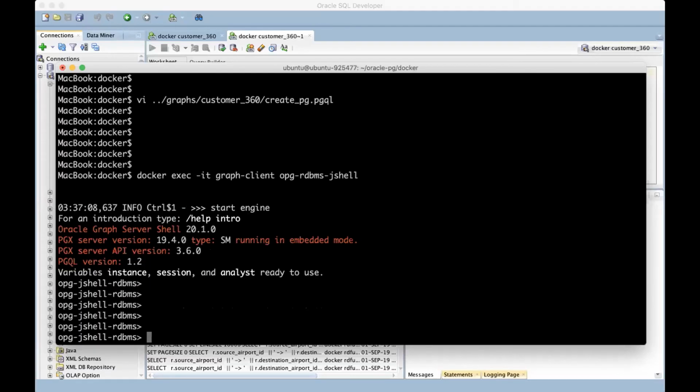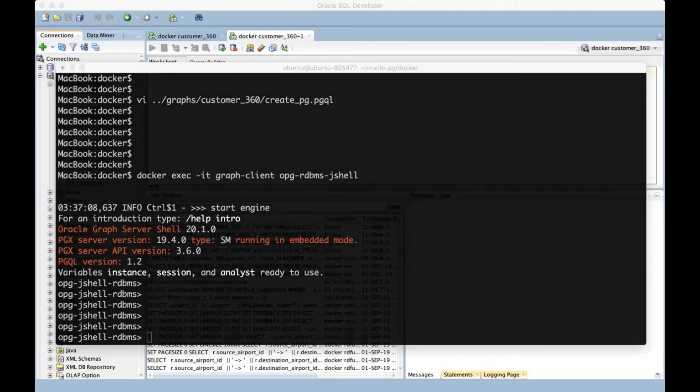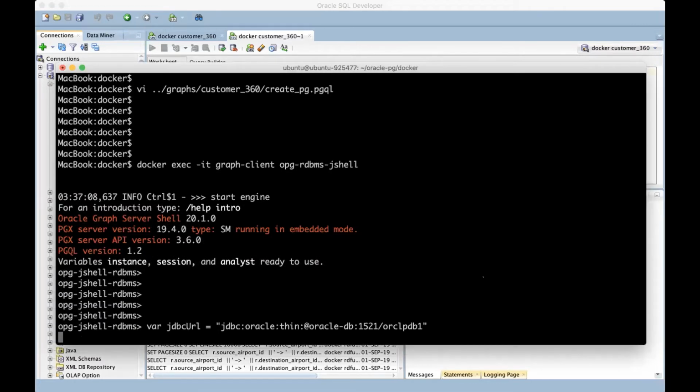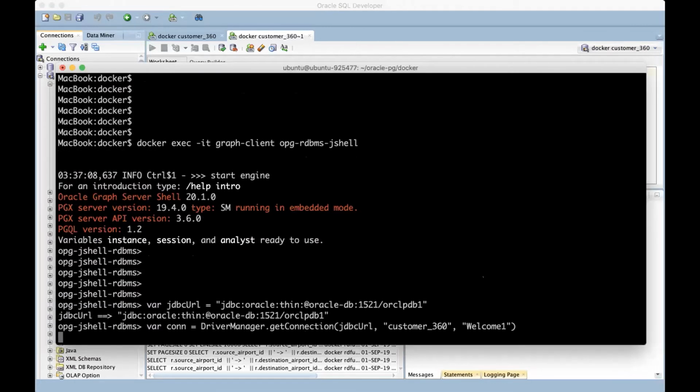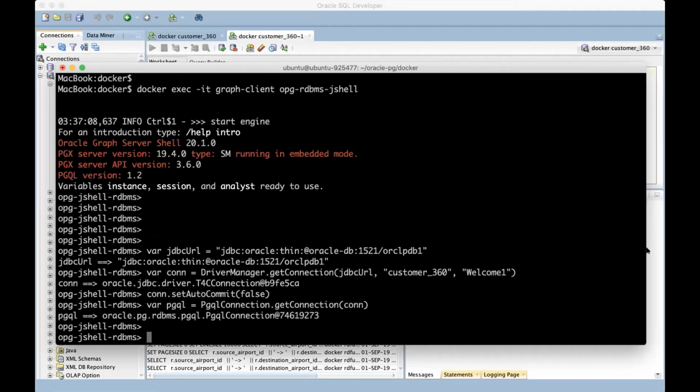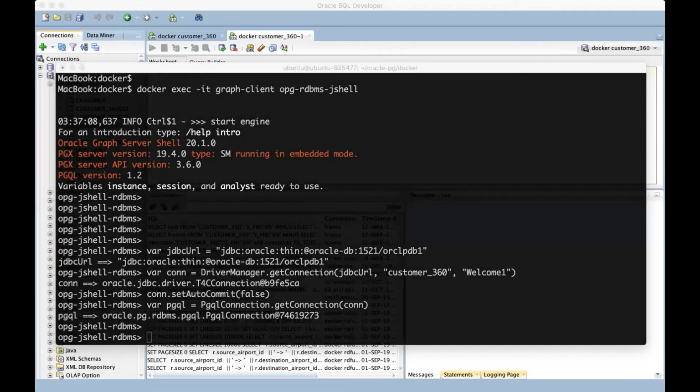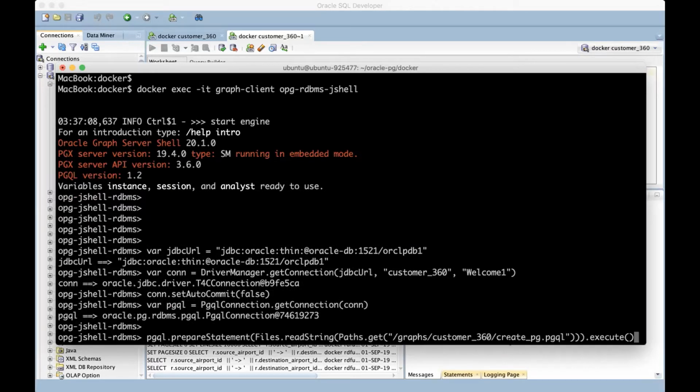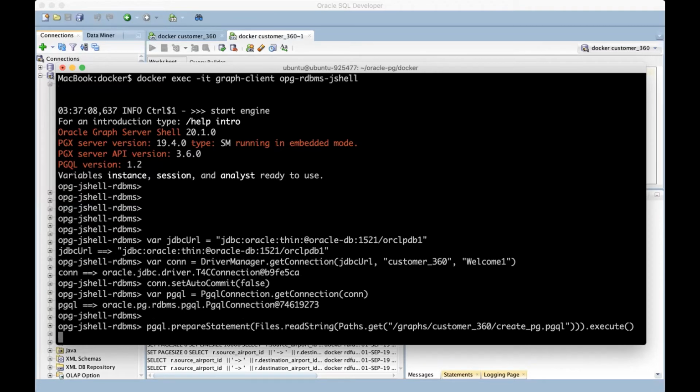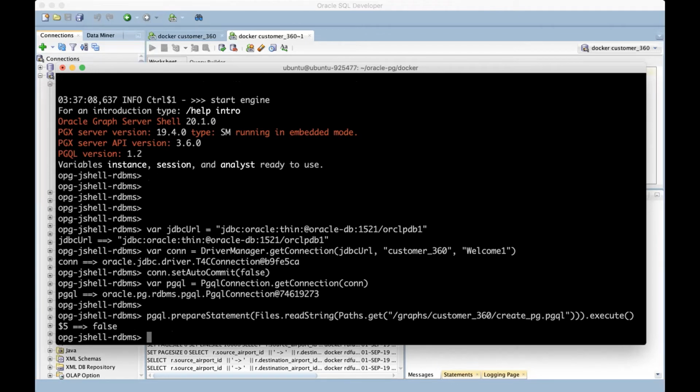Okay, so from this Graph Client, we can connect to the database. Okay, now it is connected. And while pointing to this create property graph PGQL file, we can run that create property graph statement. And after running this